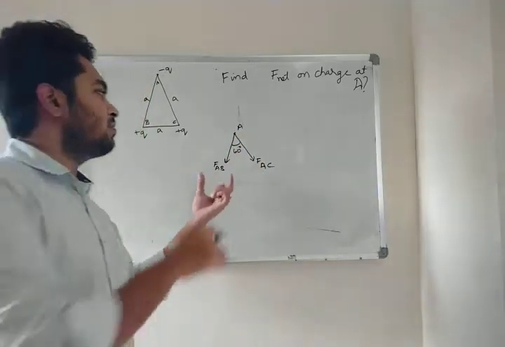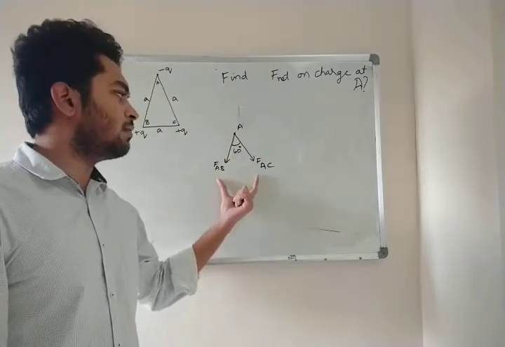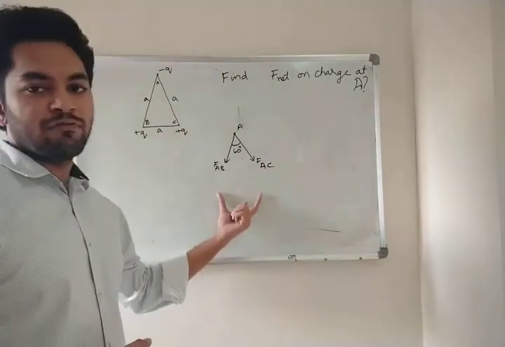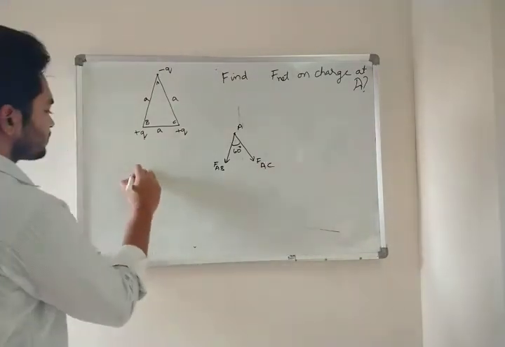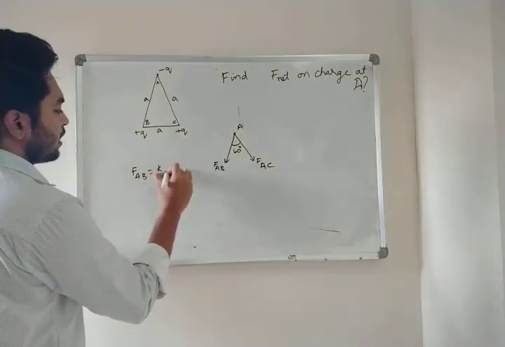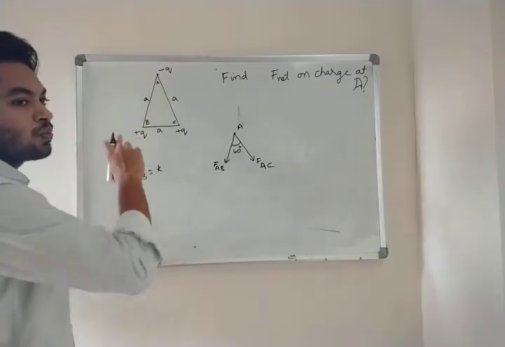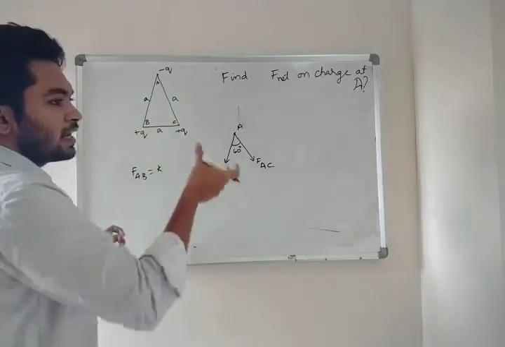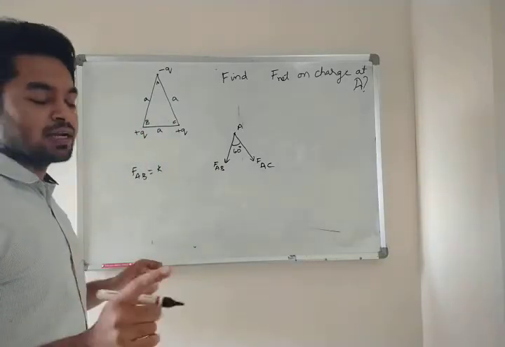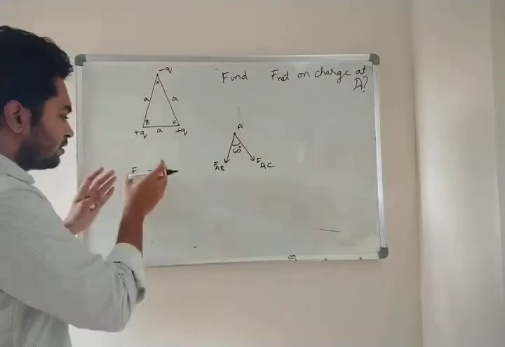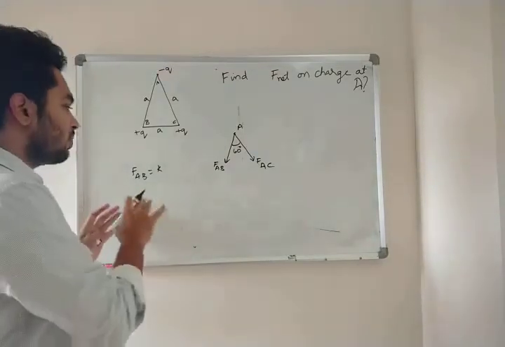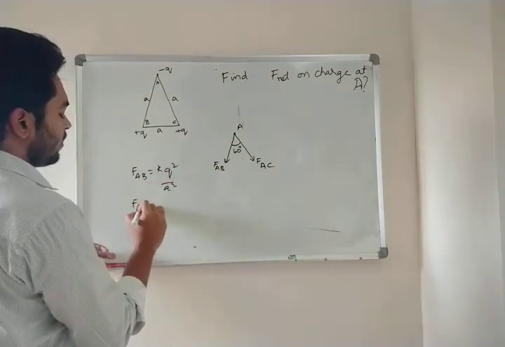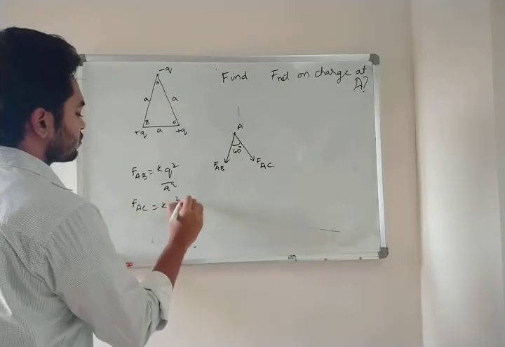So in the previous sum both got repelled, and in this sum they have got attracted. And the next step is again same as the previous sum. Again finding FAB. FAB is equal to K. Here you need not worry about this is plus and this is negative. Just to see that they attract or repel, you have to consider positive and negative. While doing the calculation, you need not worry about the plus or minus. So directly you can write FAB is equal to KQ square by A square, and FAC is equal to KQ square by A square.